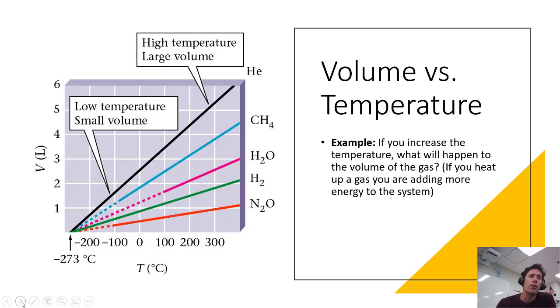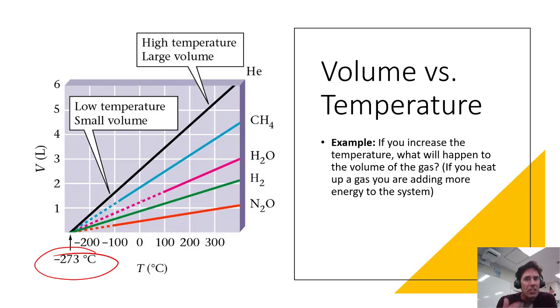If you look at our graph on the left-hand side, you will notice that all of the gases being cooled down, looking at their volume and temperature, end up at this value of 273 degrees Celsius below zero. That's where the idea of Kelvin came from. This is the lowest possible temperature. Some of these lines are dotted because we cannot measure their volumes. They literally become liquids and solids, so they're no longer gases anymore.